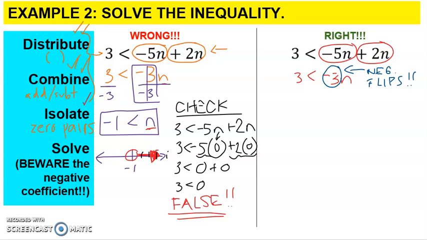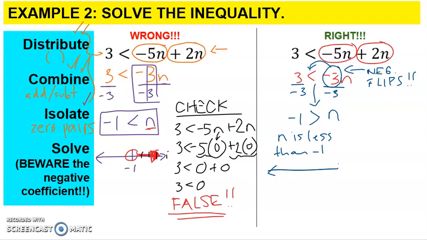Negative flips. Beware, beware. Okay, so what I'm going to do is flip my symbol so I don't forget. And then I'm going to do my division to get to a positive coefficient. So I get -1 is greater than positive n. This is now saying n is less than -1,